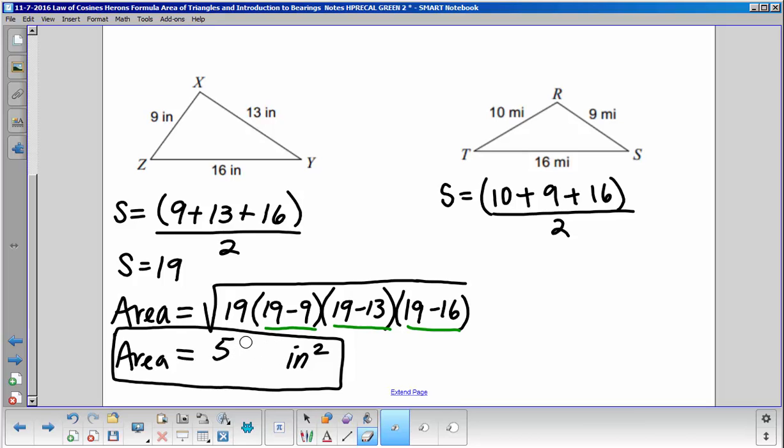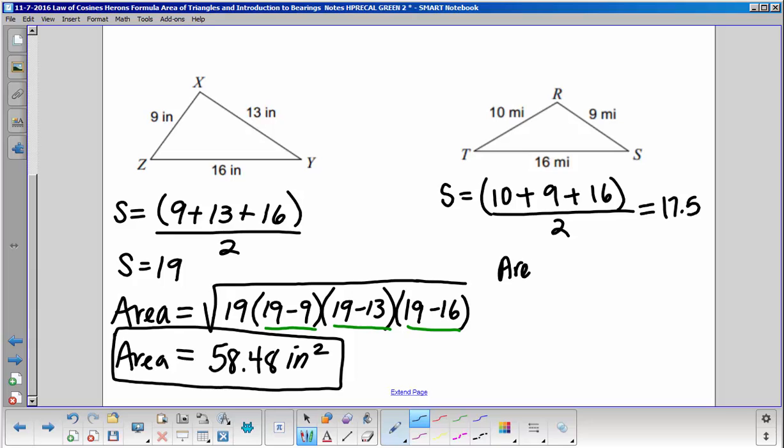All right, Mary, what did you get? John's about to confirm it. I got 58.48. Let's see what you get, John. 58.48. Is that what she said? Yes. Okay. Sorry. That's all right, happens. What's the semi-perimeter here? 17.5. All right, so the area on this one is going to equal the square root of 17.5 times